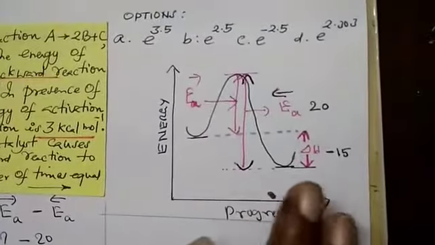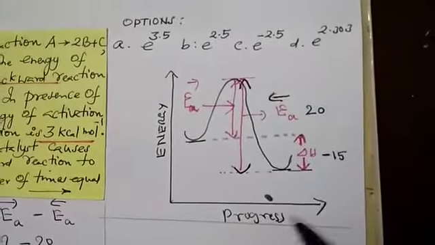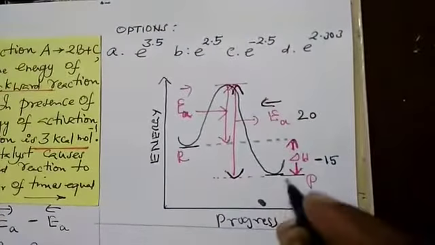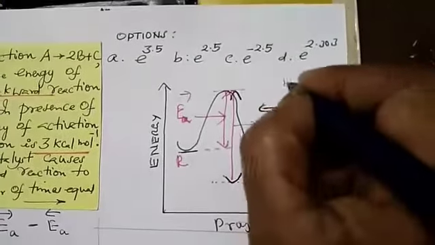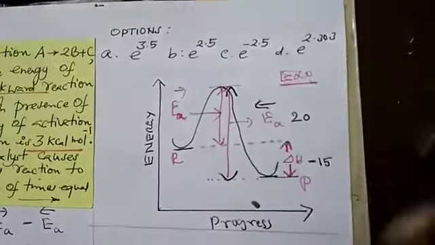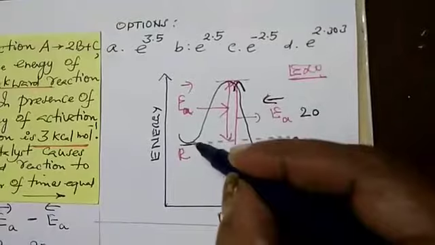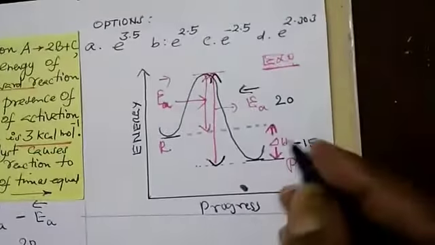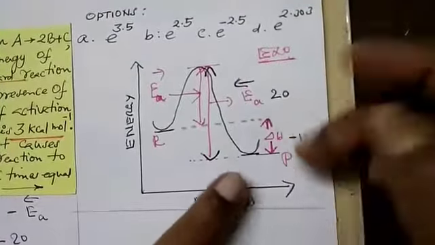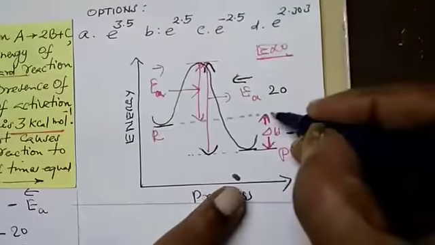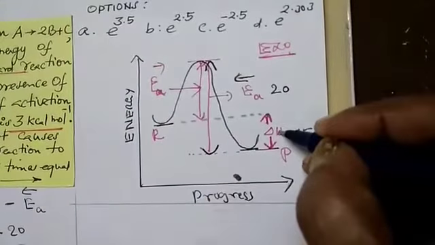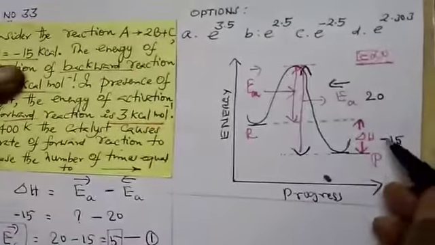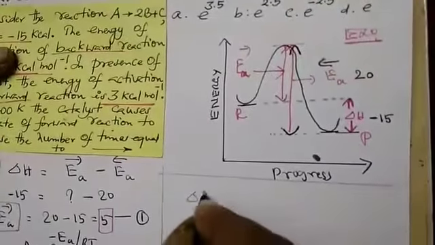Now let us see this graph: energy versus progress. This one is the reactant and this is the product, for an exothermic reaction. This is exclusively for an exothermic reaction. Reactants reach the activated state and it gives down the products. How you have to label it: this level, the difference between this and this, is called the change in enthalpy, equal to minus 15 as the sum is given. So the delta H value is